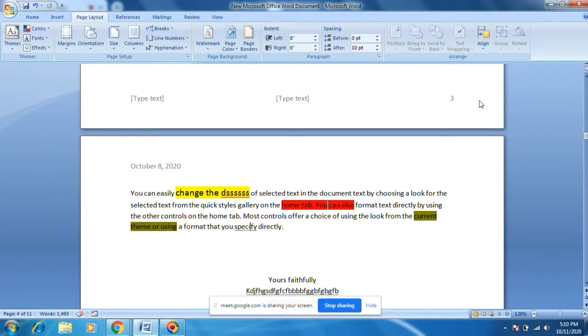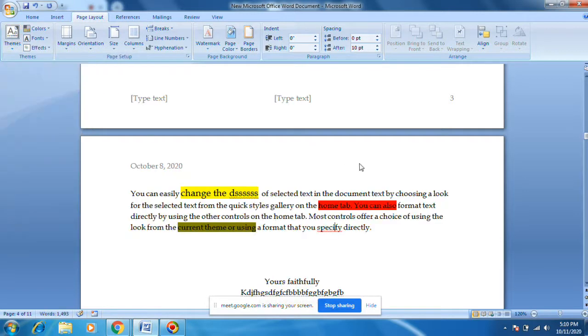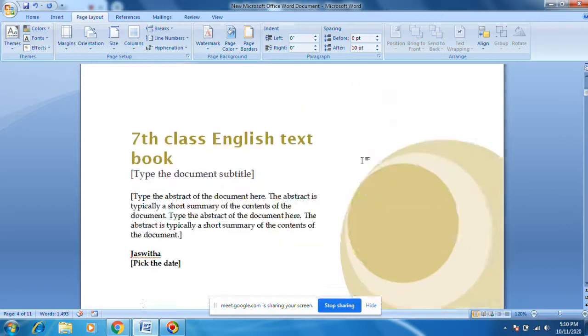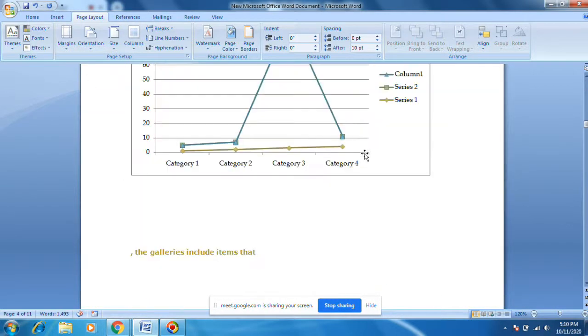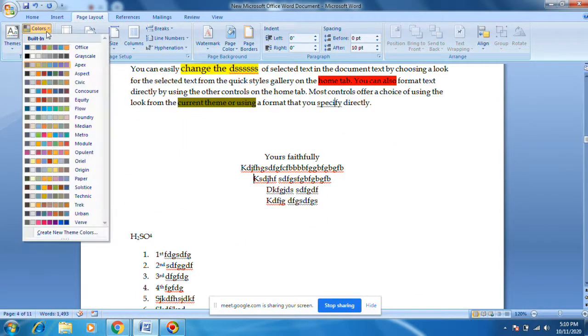Okay, in this Page Layout, you decide how the page should look. If you want to keep a theme, you can keep it somewhere.